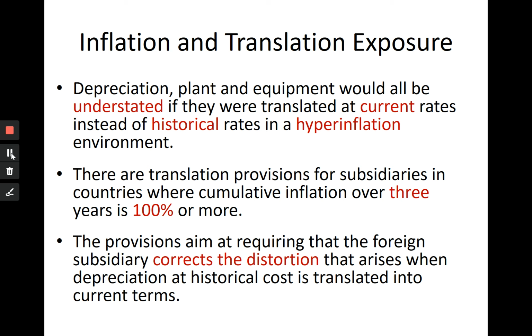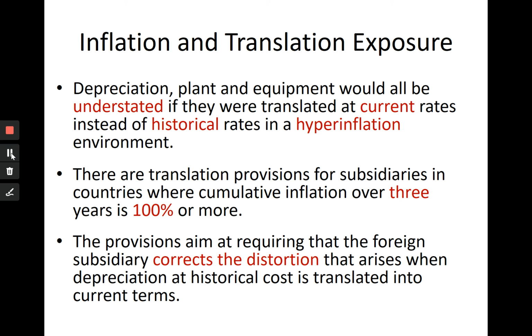So if you are in a country where cumulative inflation in 3 years is such that prices at least double, then you could use this remedy that the current method gives you